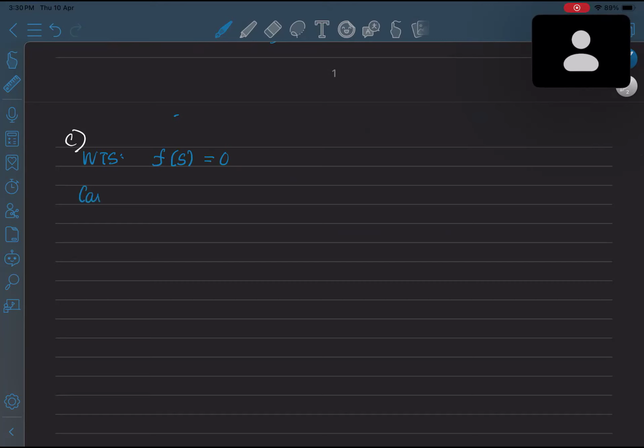There are two possible cases if this is not true. If f of S is not equal to 0, this implies it's either greater than 0 or less than 0. And so if f of S is greater than 0, if less than 0,